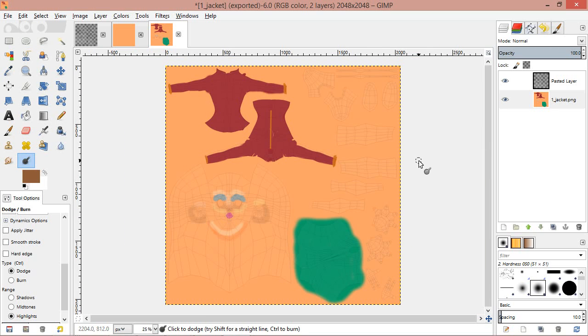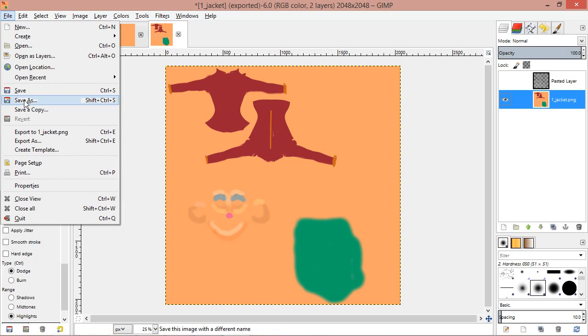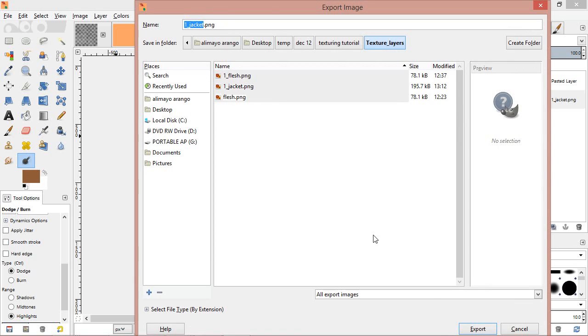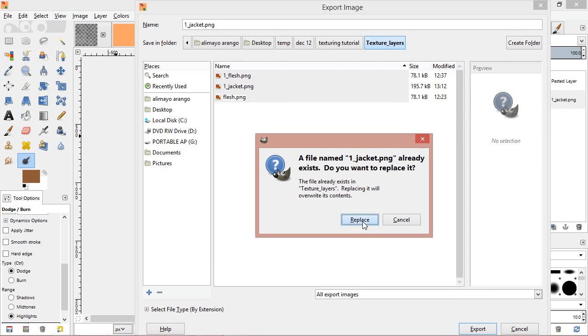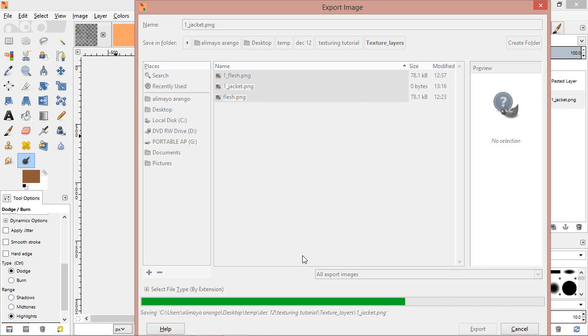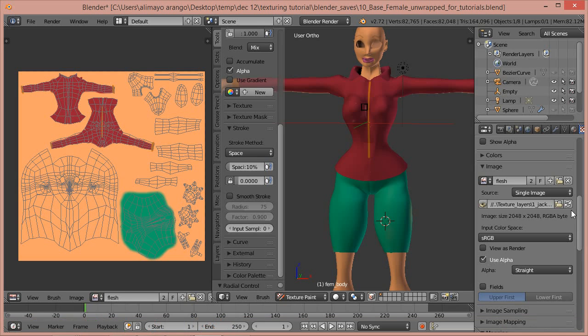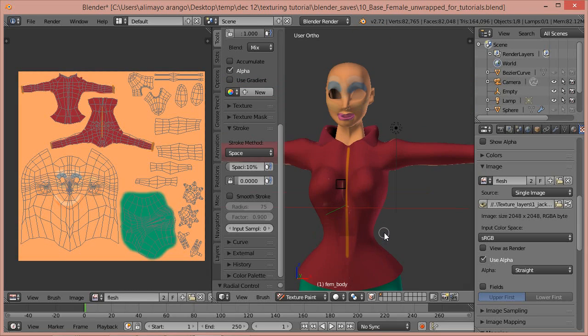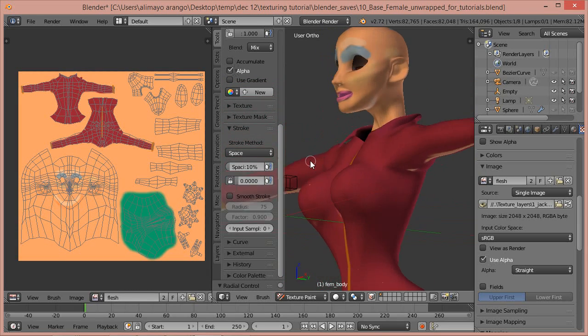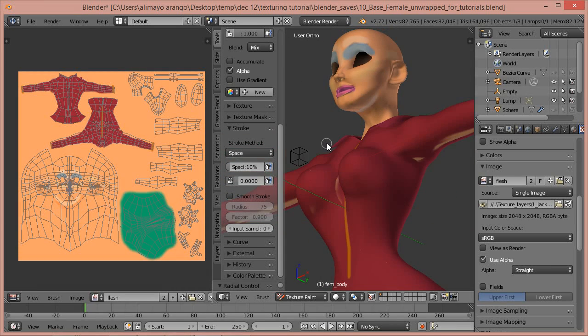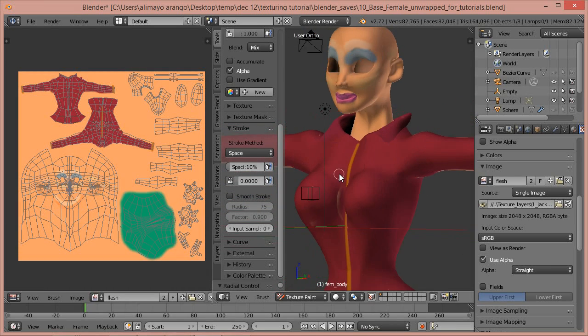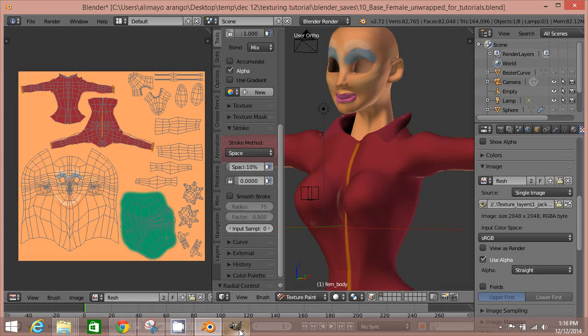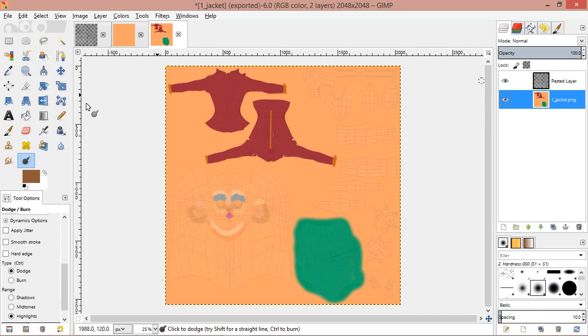Okay, so now we scroll back and we are going to turn off our eye. We're going to come up here to export, export as. We don't need to change anything here. Export, replace, export, go back to Blender, hit refresh, and now you can see our clown makeup that we've applied to her face, which looks absolutely horrible, but you can see how easy it is to go back and forth between the two programs. So let's go back to GIMP, turn our UV back on, let's fix her all up,